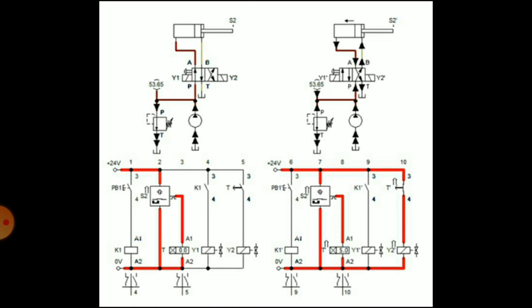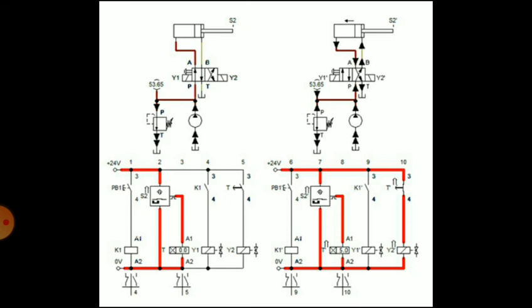You can see that in the second diagram on the right hand side, and the return stroke is started. So the delay can be achieved with the delay circuit or the timer that is placed in the circuit, which will activate another relay, and then another operation will start.